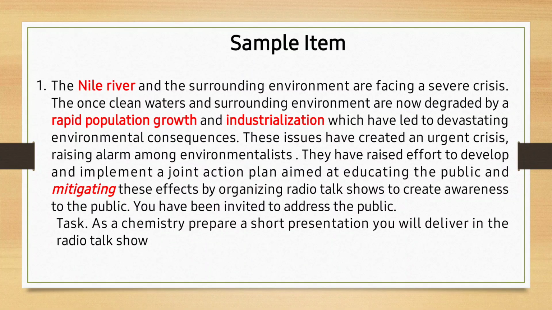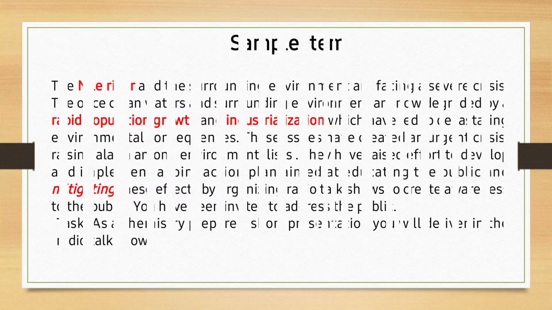All right, and then go ahead and analyze or understand the activities that have been mentioned within the scenario. All right, here in this case, they've talked about industrialization. Okay, and then as you read further, your scenario will ask you to do something about the problem within the society and how you can mitigate or reduce the impact of the problem.